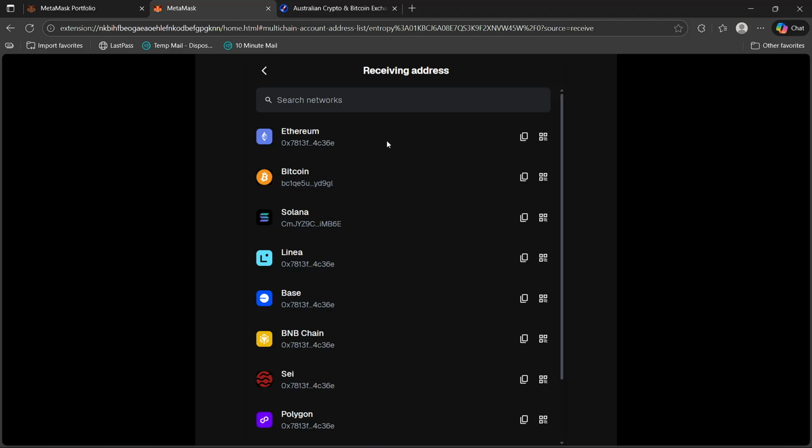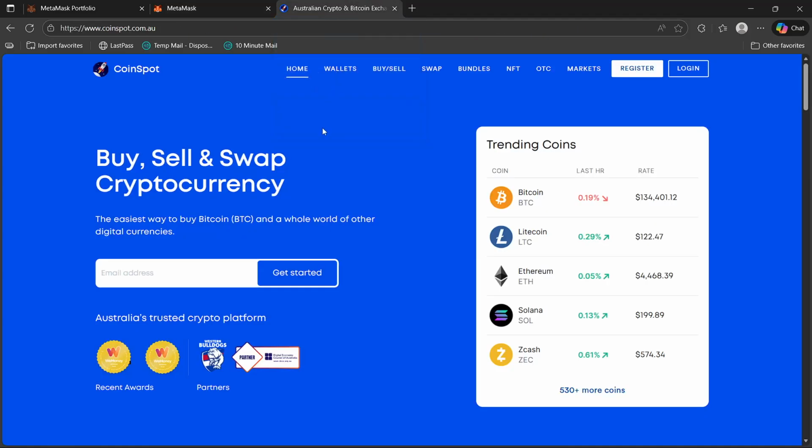So what you will have to do after you've copied that, you will just have to go to your CoinSpot, and of course here you should make sure that you've already logged into your account. And here you should see something like select ACH, or something similar to this, and then you will just have to click ETH, and then you will tap send, and then you will paste the MetaMask address that we've copied earlier. And after that, you will just have to enter the amount and then confirm the network and click submit. And of course, you do have to wait for the confirmation, and then you will have to check